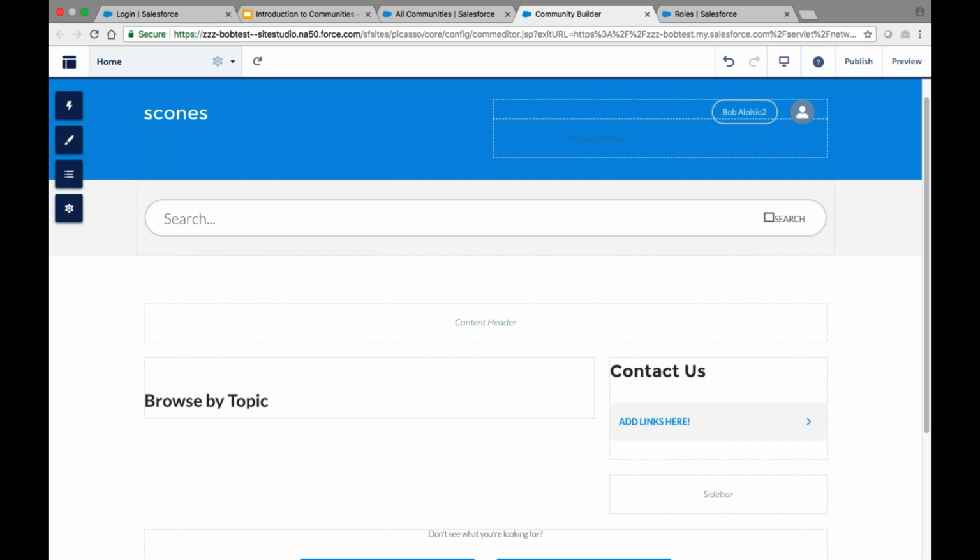Let's say you manage a website that sells multiple products, bagels and cupcakes. You can have a topic for bagels, which would contain all of the support content for bagels, and a topic for cupcakes, which would contain all of the support content for cupcakes. For our purposes, since we're building a scones website, we're going to use scones as our topic.